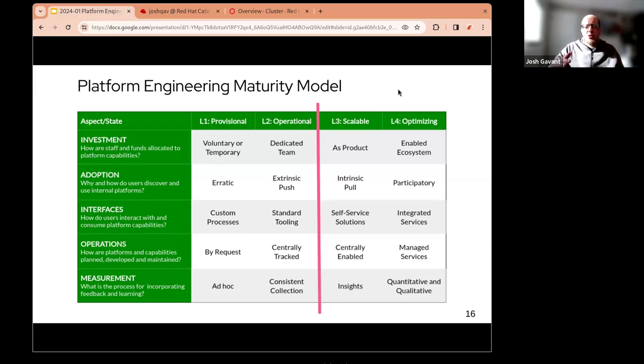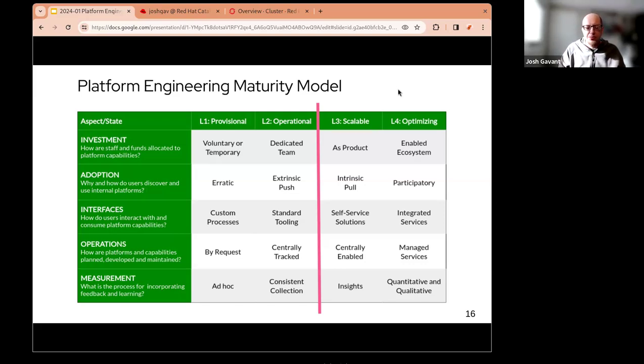Whereas in a more complete platform engineering environment, we would hope that there would be an intrinsic pull. Somebody told me that in order to get folks to use their database product, they added observability to it. And of course, if you can get to participatory, where people even want to contribute to your product and to your capabilities themselves, then the adoption becomes even more intrinsic. It's my own